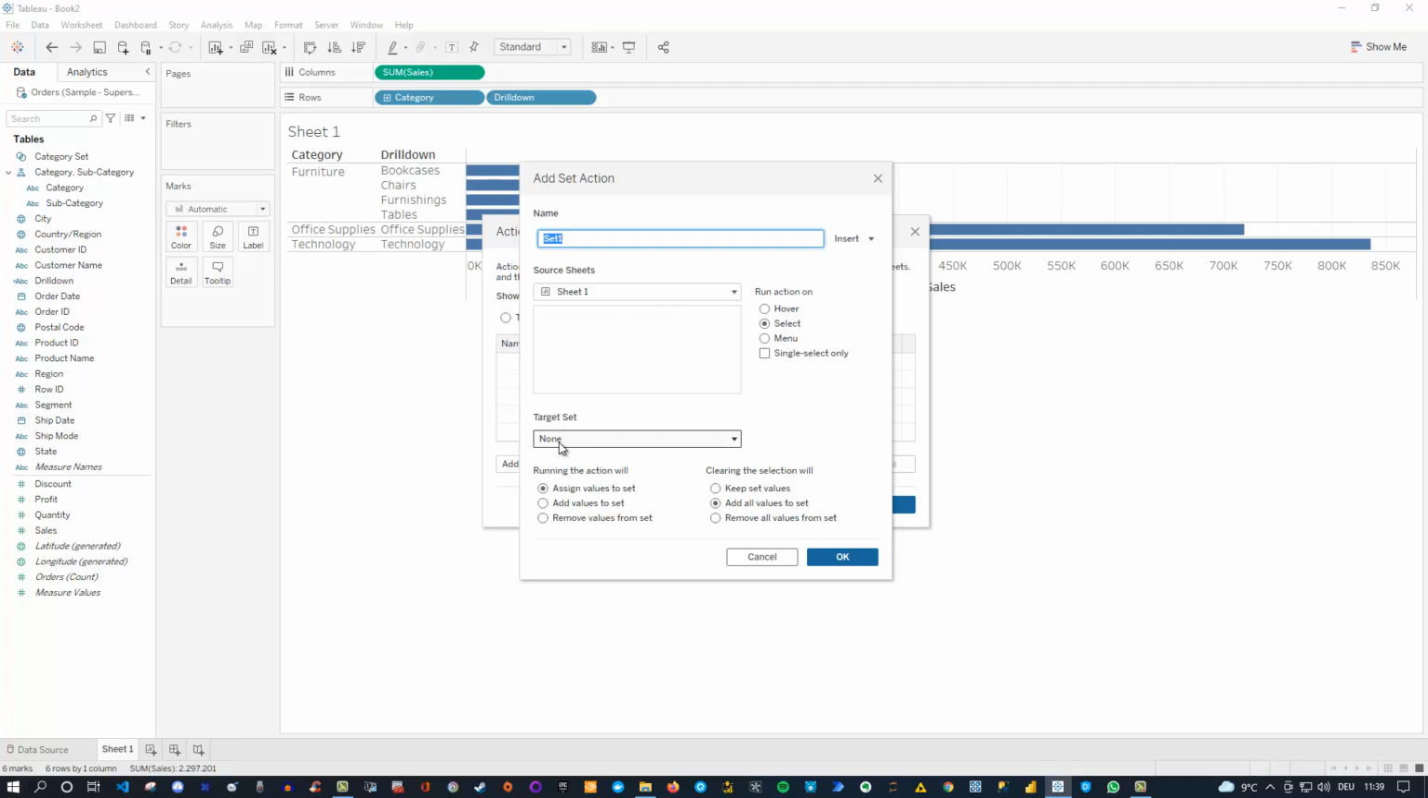The target set, this is important. We choose here our category set, so the one we have created, and running the action should assign values to the set, that's fine. And clearing the selection, you can do everything you want. So you can remove all values from the set, like that maybe, for instance. Now let's click OK and select. Make sure it's running on select, and also choose if you want a specific name for that. For me, that's fine actually. So I click OK,